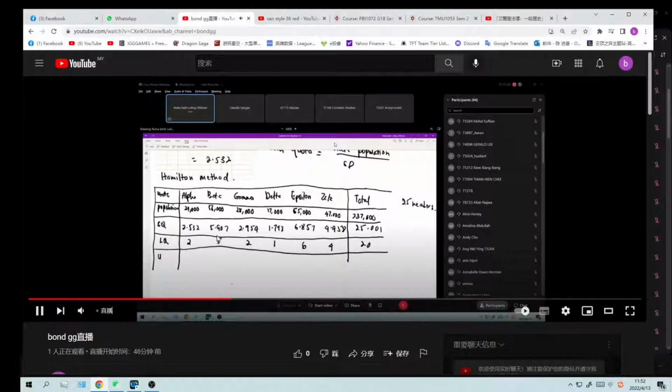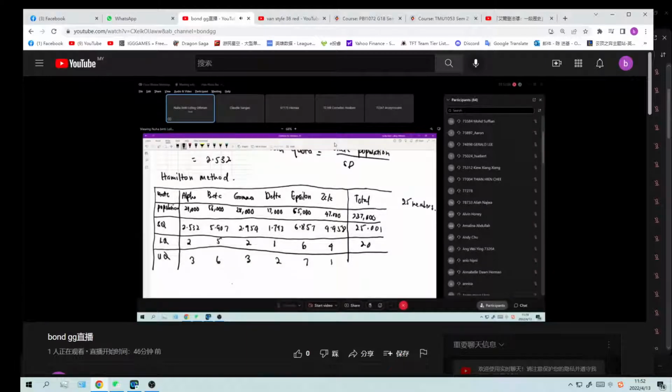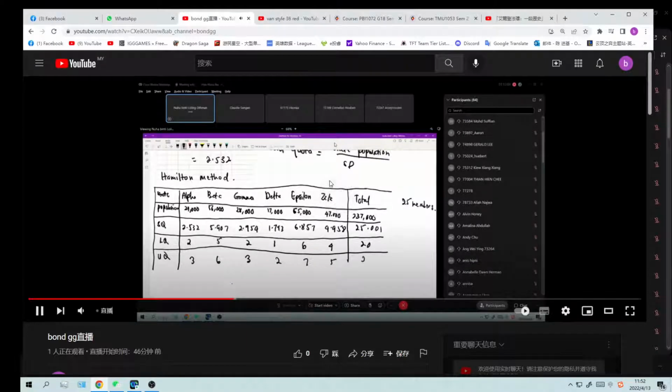Okay, so rounded quota. Based on this one, this can be 3, this one 6, this one 3, this one 2, 0.6. So 7, this is 5. Okay, so based on this one,